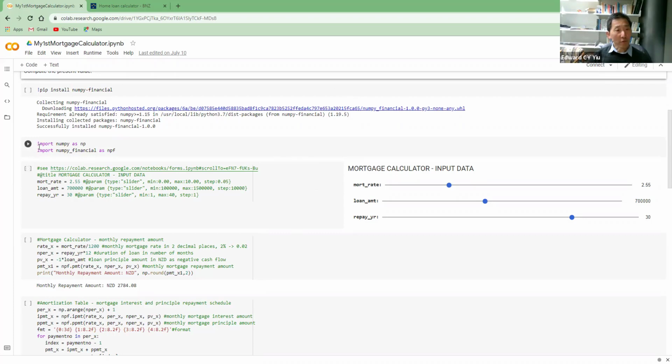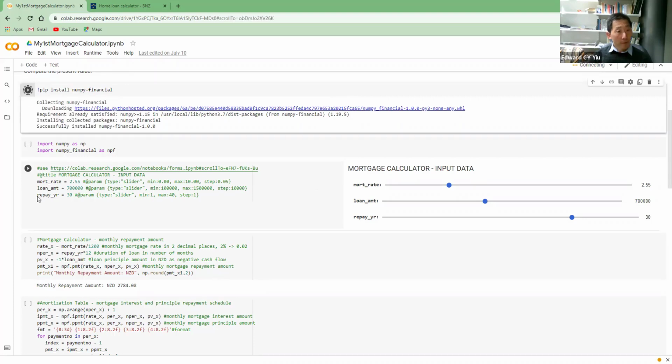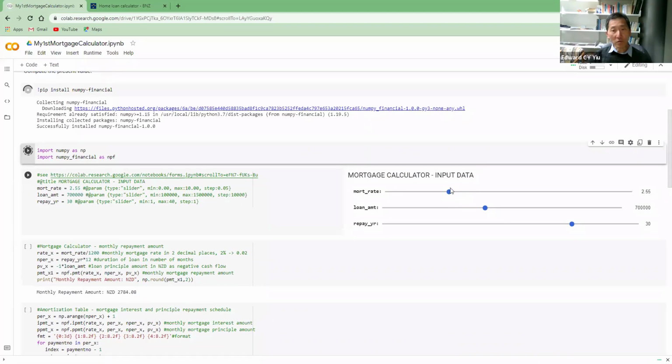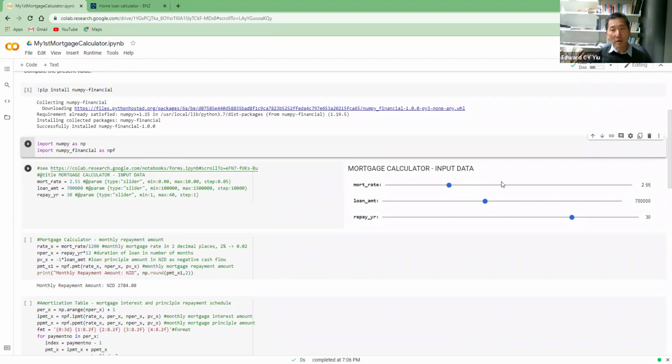How can we build a similar mortgage calculator with NumPy in Colab? Here I show you, first of all, we install NumPy Financial. Then we import NumPy and NumPy Financial using the short forms np and npf. In this example, I demonstrate how to use a slider to input data, which I define using Google Forms. We give the title mortgage calculator input data, and then, for example, I define the mortgage rate,